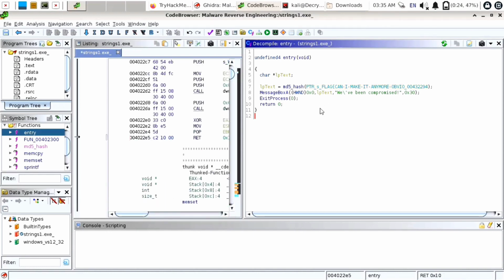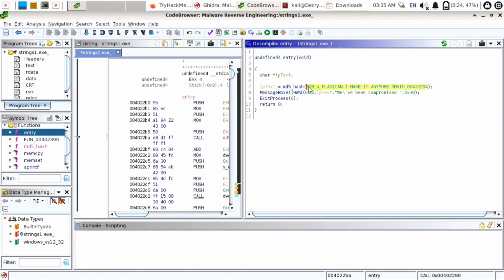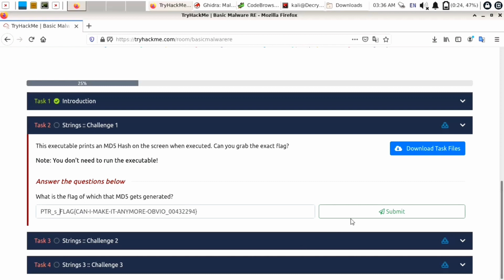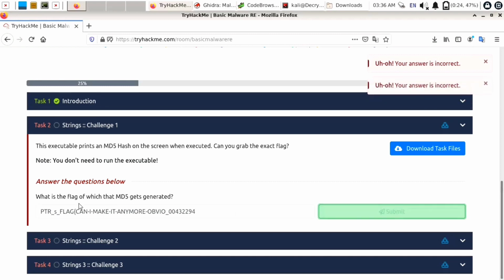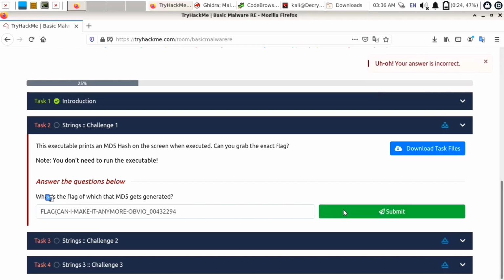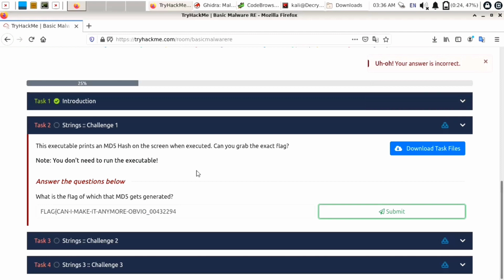Okay, we have selected this whole file. We have removed this ptr. Let's try to add that again. I will add that ptr and click on submit. Still it is showing wrong. I will remove that close curly bracket, submit. Still it is showing wrong. I will remove ptr, submit. Still it is incorrect. So what is the problem with this?